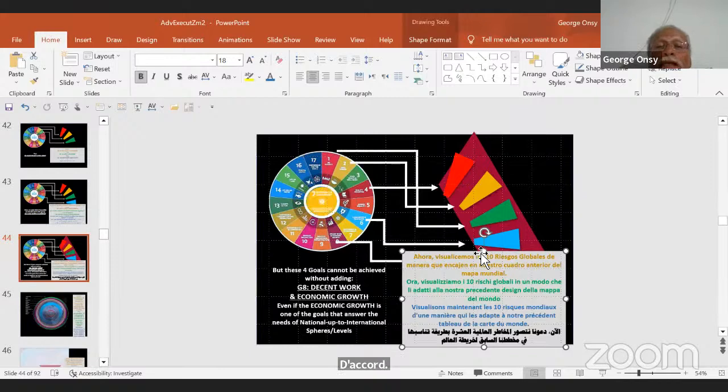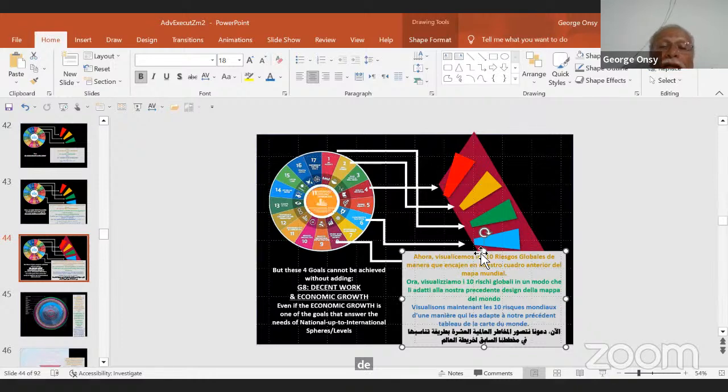Okay, the 4 goals cannot be achieved without adding G8, which is decent work and economic growth, because by earning money enough to eat and to conquer poverty and to take care of health and so on, you need